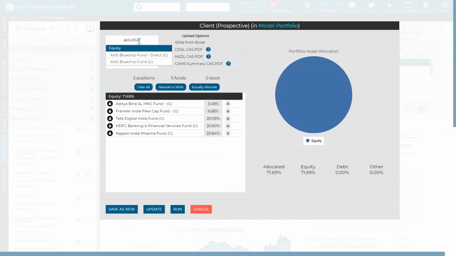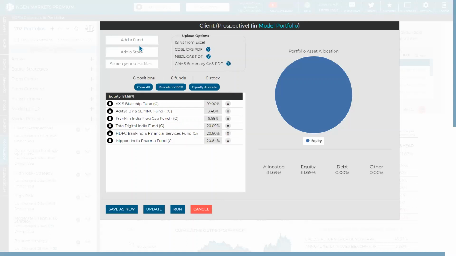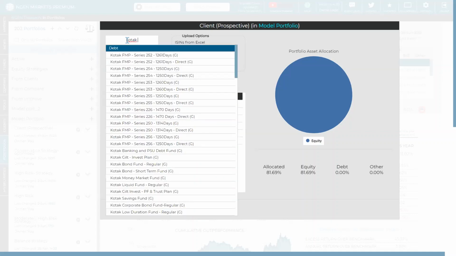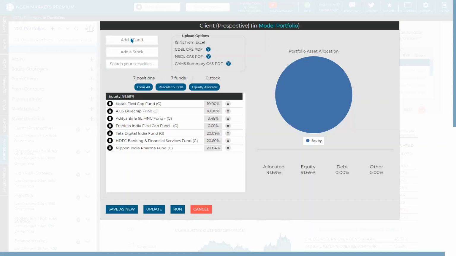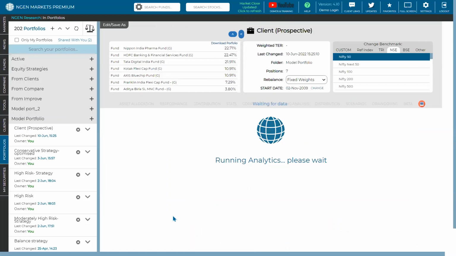And as we remember, we also had Kotak Flexi Cap, which was having a high exposure in banking. So let's try to add Kotak as well, to see if the correlation is working out. So we are just trying to see if that will work out or not, right? So that's how I've added. I just rescale this to 100 and I run this portfolio. So I just have to make it 1 and run this. So once I run this, right,